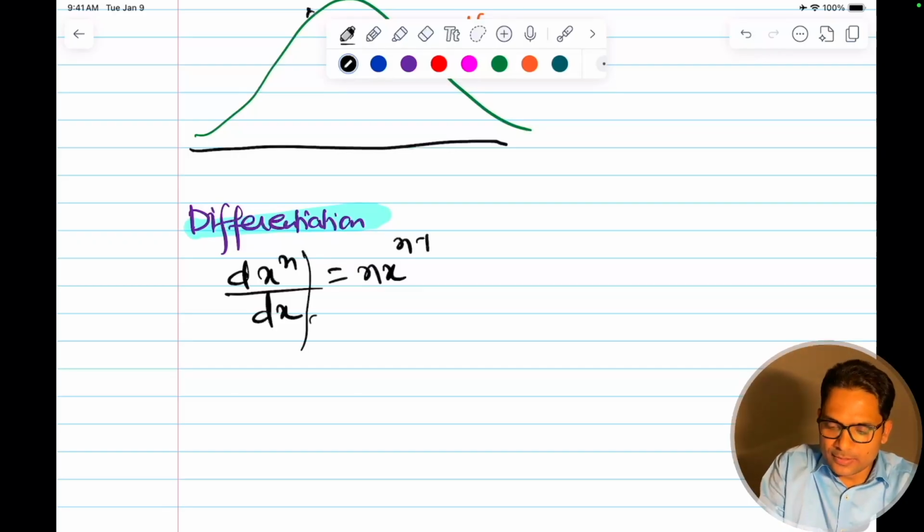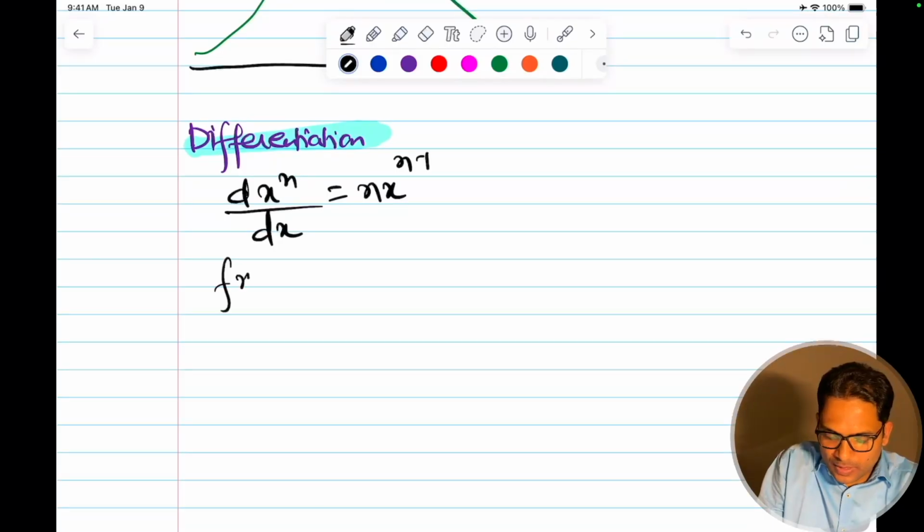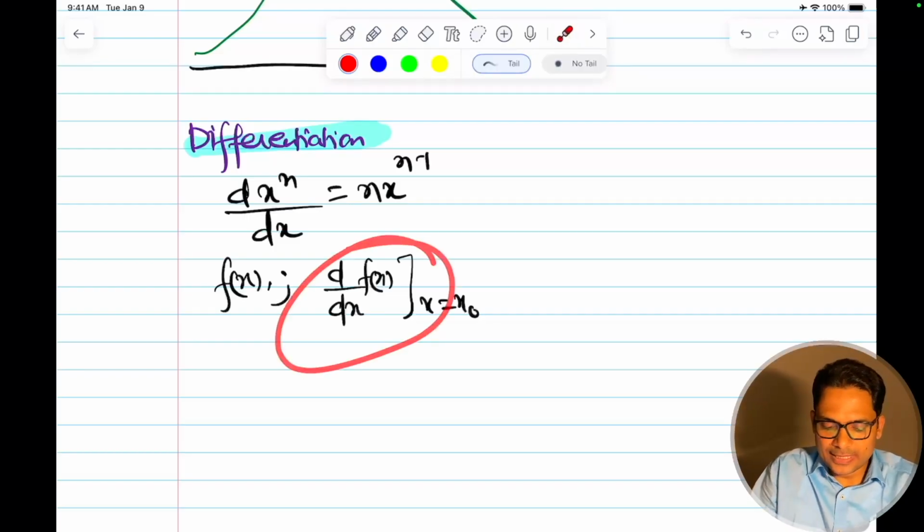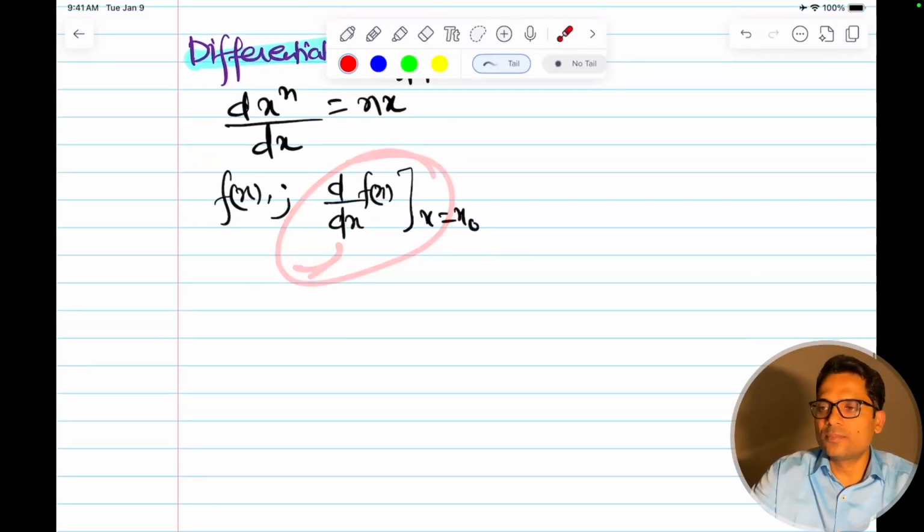If I have f(x), and I want to check d/dx of f(x) at a certain point, x equal to x naught, anything, I can find how much the function is changing. For example,